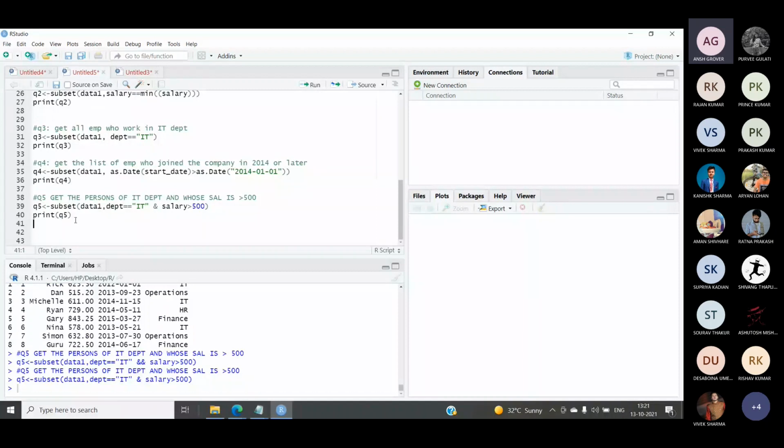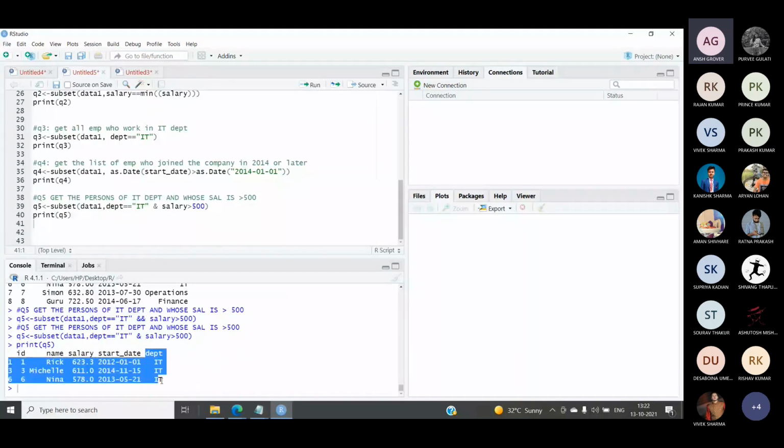So let's run it. Now here you can see, in this all the employees record is returned whose department is IT and whose salary is greater than 500. So you can combine the query, you can write this query multiple times, whatever the condition is, you can go with that, you can add n number of conditions as you want, as per your requirement.